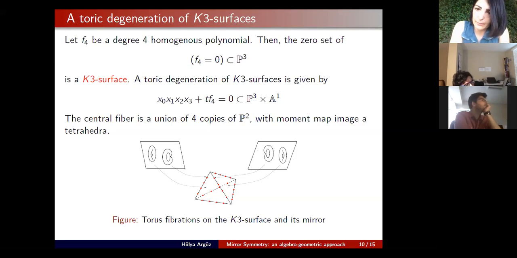And in our examples, we have shown that the Kato-Nakayama space is just homeomorphic to the smoothing of the family Gross-Siebert constructs. So we haven't investigated complex nor symplectic structures in my paper. So we only studied Kato-Nakayama spaces on a topological level. And we only showed that the Kato-Nakayama space is homeomorphic to the general fiber of a smoothing you can construct by using gluing data and wall crossing algorithms within the Gross-Siebert program.